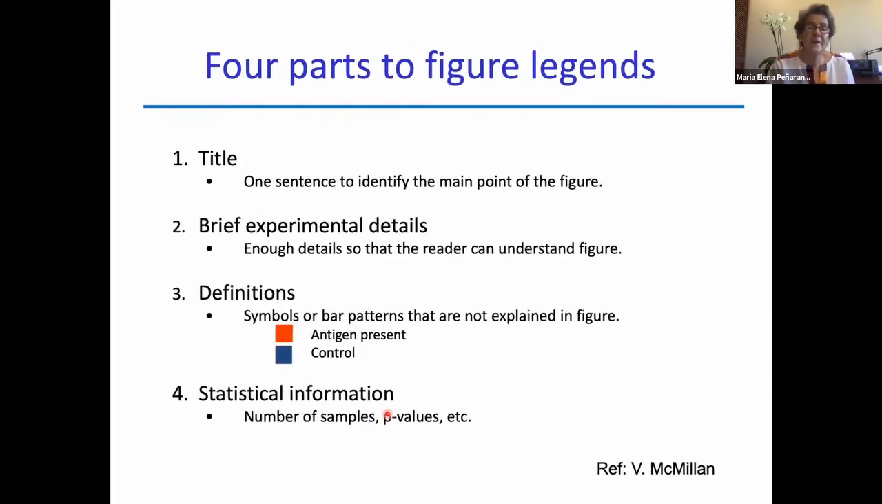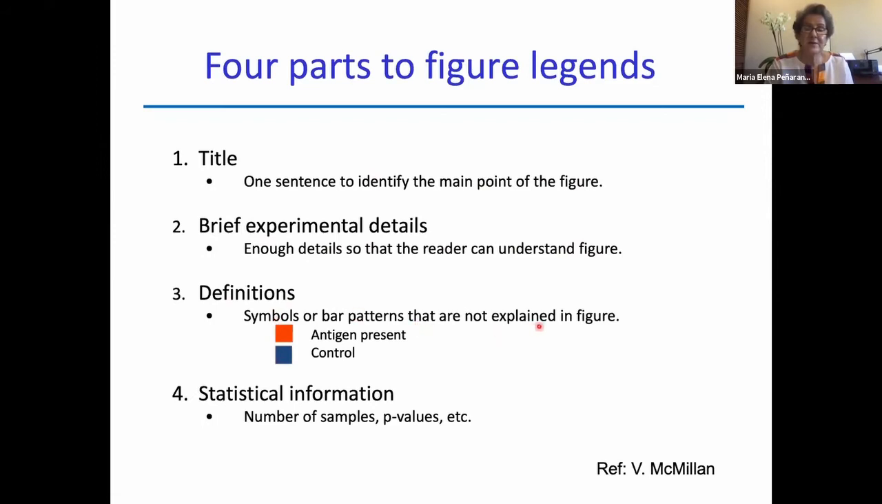titles. So here's just to break down the title: one sentence identifying the main point of the figure, as you saw for the examples. The examples are more helpful. Brief experimental details, enough details so the reader can understand what was done to obtain the data in the figure, as the examples you saw: what experiments, how many, what units. Or you can do symbols,